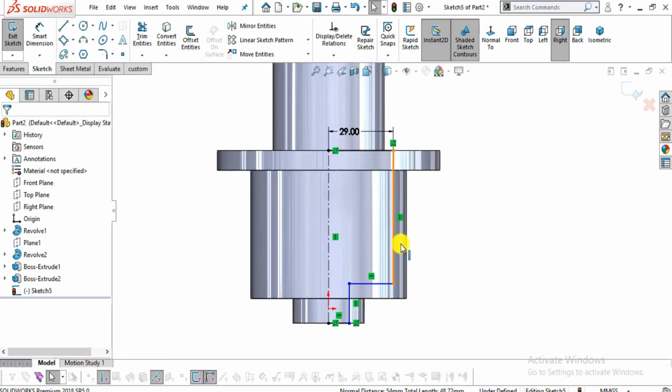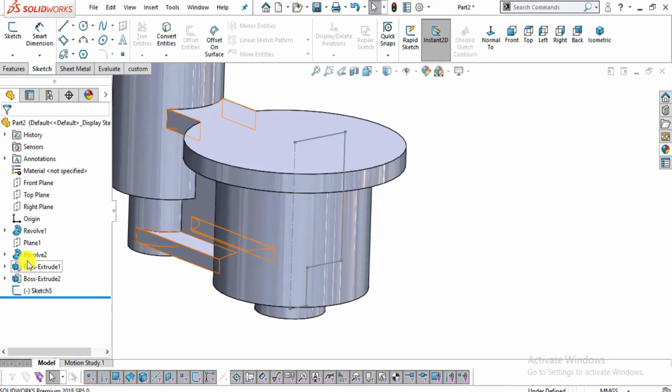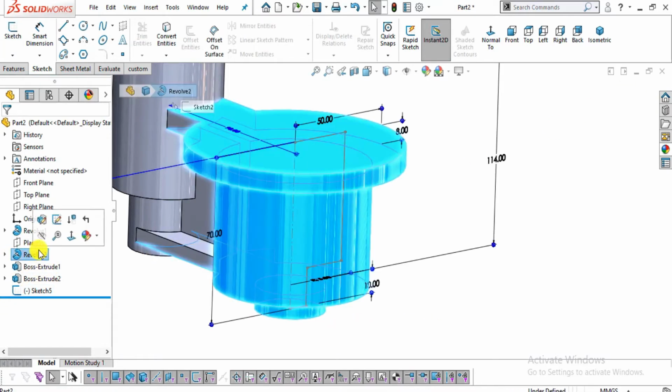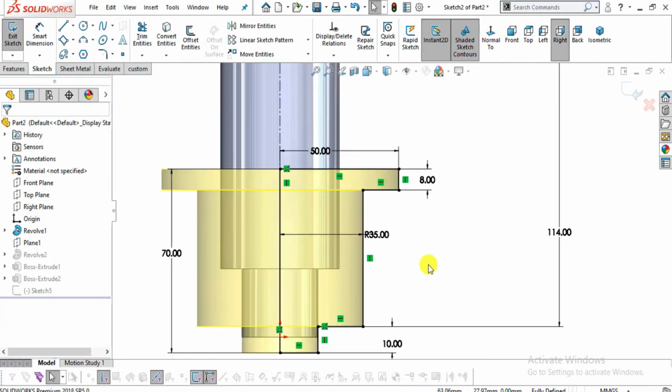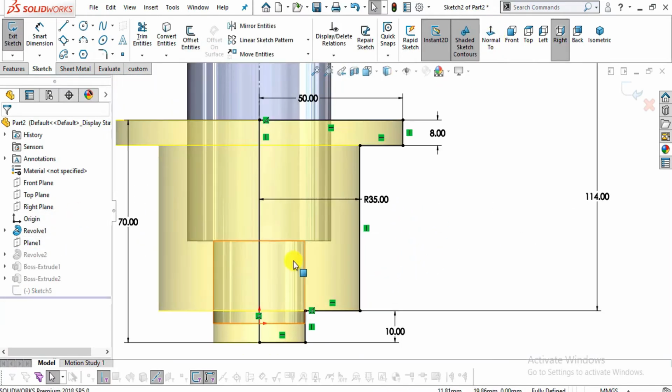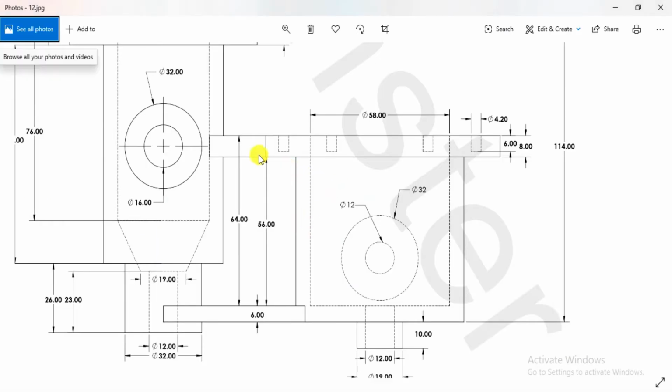Looks like I made a mistake while extruding this figure. So exit this sketch. Let me check where did I go wrong. Now select this revolve and edit sketch. Now normal to. Now from this top to bottom it is 64 plus 6, 70.